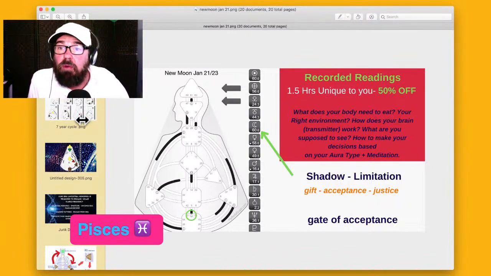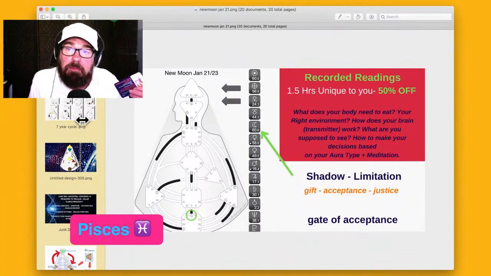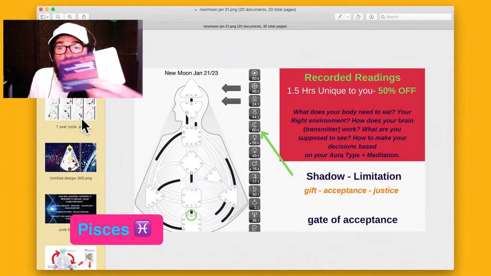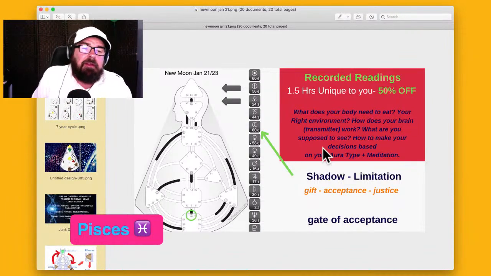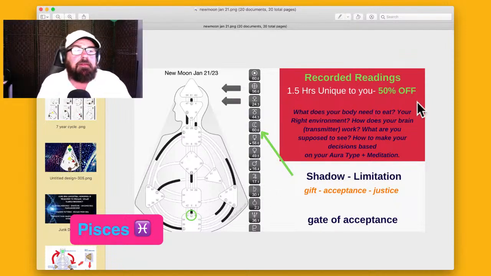I don't need you anymore to show me and reflect back to me my wounding. I'm moving on now to better waters. Yeah. So that's the limitation. And your friends are going to show you, right? The limitation. Yeah, and accepting yourself, right? It's the gift of acceptance. And come back into balance.